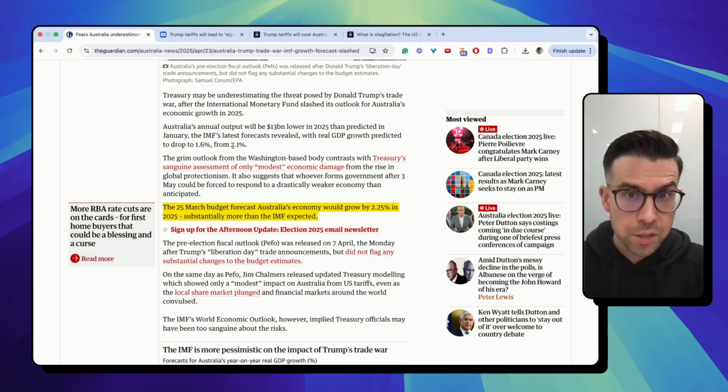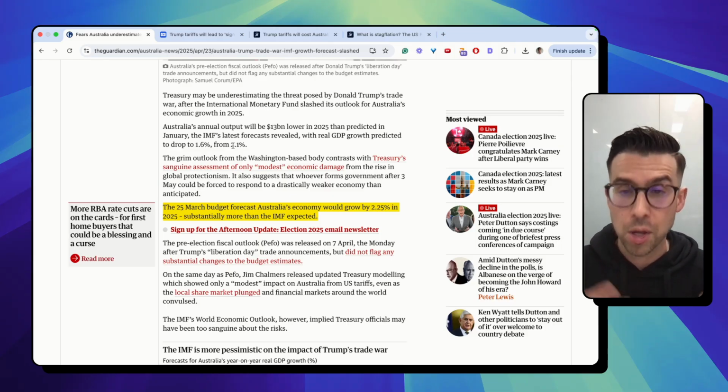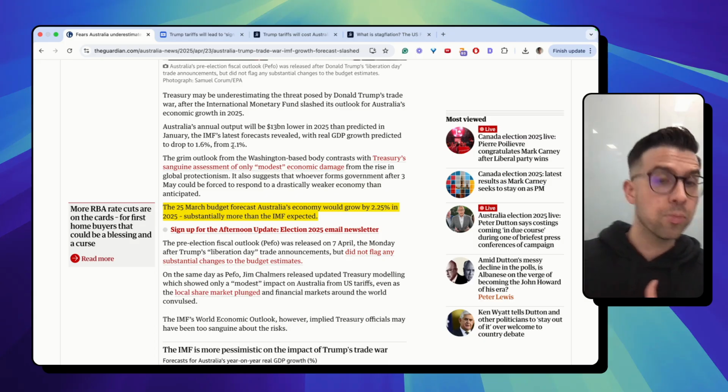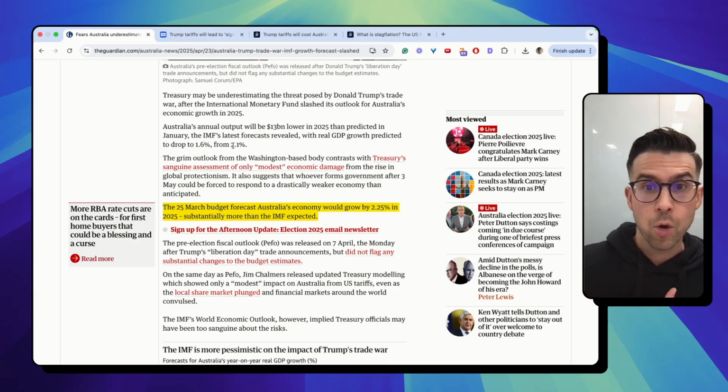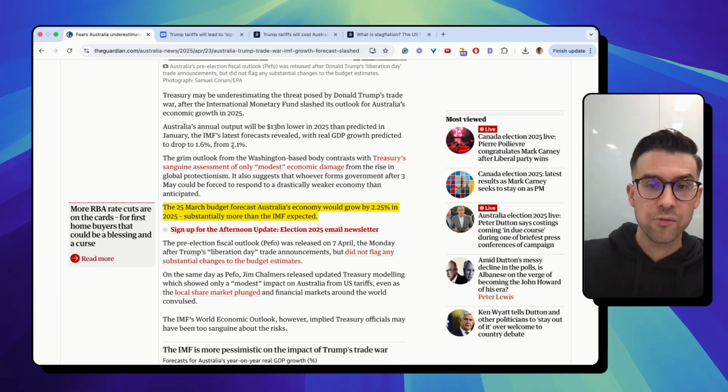Now, the reality is if economic growth is weaker, what this means is that revenue will not be to the same extent, okay? The automatic stabilisers will kick in, there'll be less tax revenue, and there may probably be more unemployment, right? And so there might be more welfare payments on the expenditure side, and so you can see the deficit blow out even more.